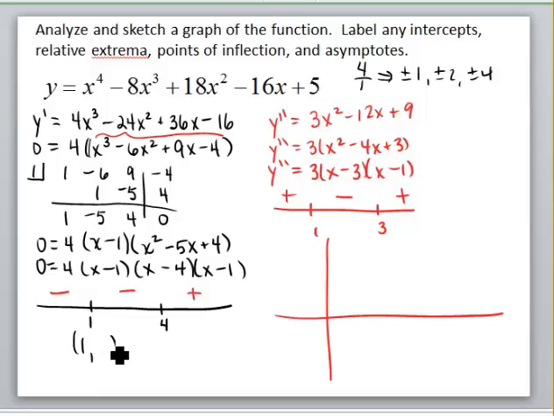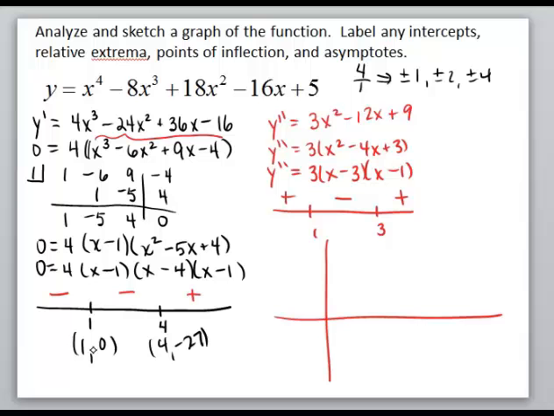It'd be 1, 0, which happens to be an intercept, and you'd have 4, negative 27. And this value of 3, I don't have an ordered pair for that, and that doesn't really matter. I will end up just needing to finish this on the next video. I was going to try to hurry through it, but it's not going to work. So taking a minute,